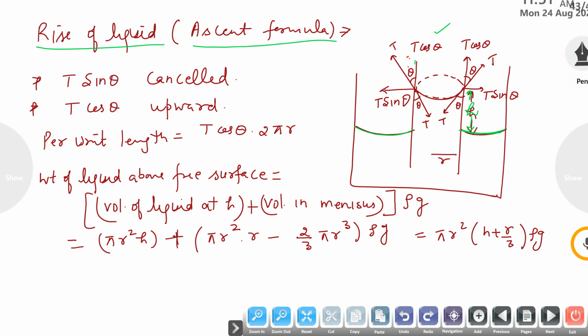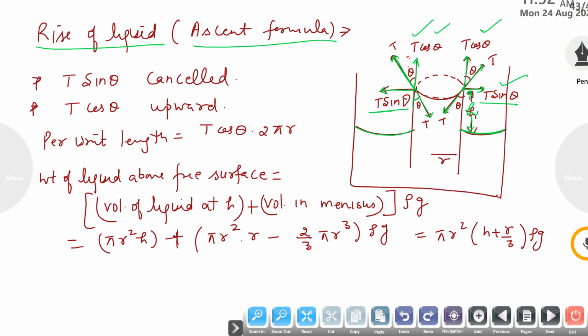First take the theoretical concept. This is the angle of contact between the surface and the tangent inside the liquid. So this is the surface tension and this is the equal and opposite surface tension. Similarly, this is the surface tension, and this is the equal and opposite surface tension. Now I will simply divide this component into two parts. One is this, another is this. Now this is simply T sin theta and this is simply T cos theta.